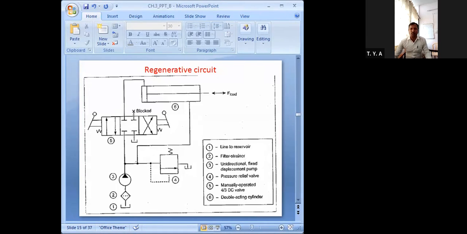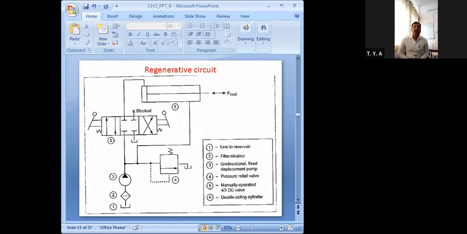At that time, when this 4x3 valve is shifted to this left side, to this position, the fluid flows from this pump to the blind end or cap end of your cylinder, from this line to this. Getting it? Due to this flow of fluid, the cylinder will extend.